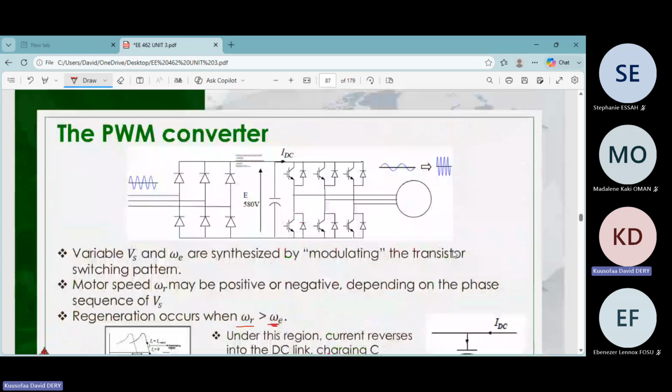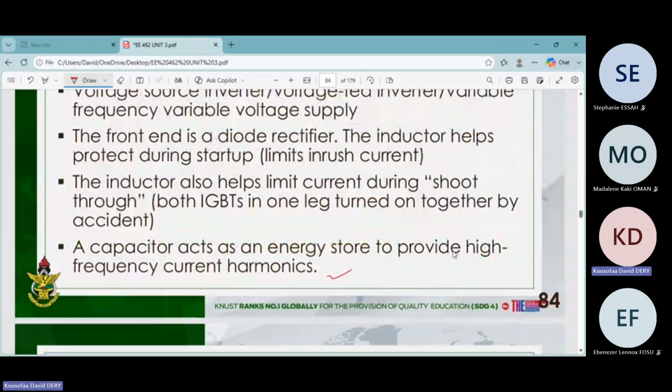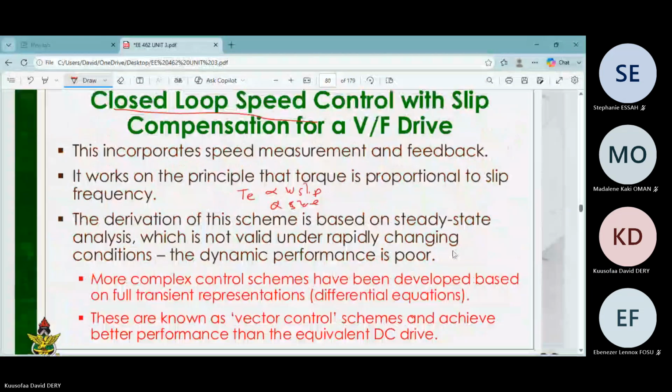the open loop and then the closed loop. So in the open loop control, voltage